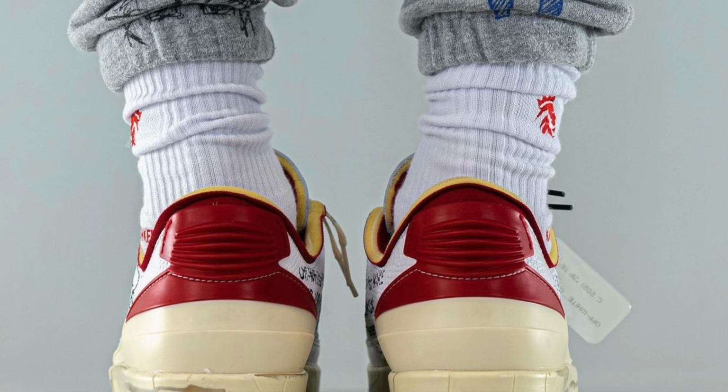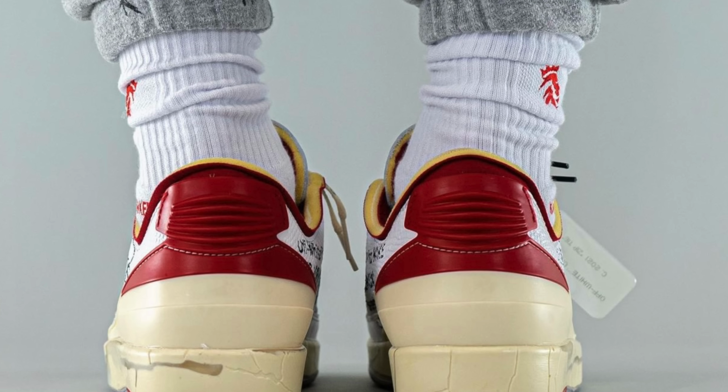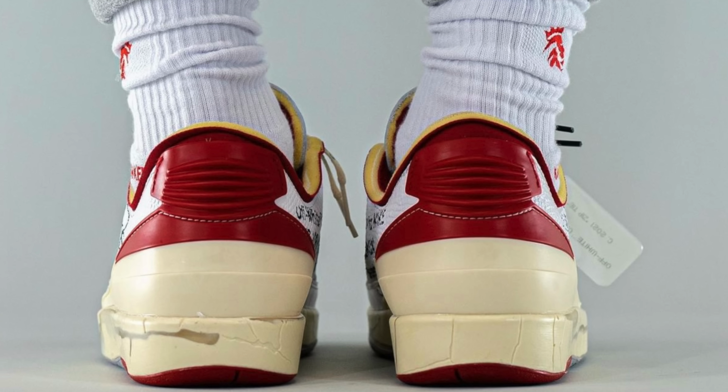I think that it's great that he's trying something different. I think artists do grow and change what they do as they go along, but it just doesn't seem very Off-White to me. It seems like something that Jordan Brand would release maybe through Trophy Room or on their own. All that being said, I am still pretty excited about seeing this pair in person and trying to figure